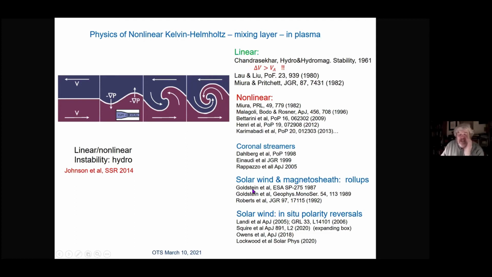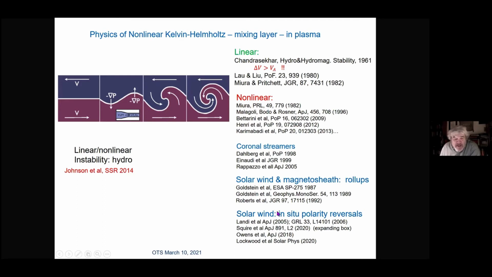Mel Goldstein and his collaborators did a lot of this. I was one of those collaborators a long time ago. I still am. And in solar wind, people have seen polarity reversals in the 2000s: Landy et al., recently Squire et al. People have seen reversals in simulations and in